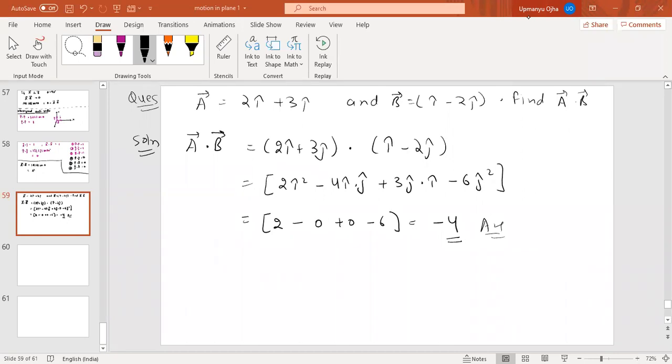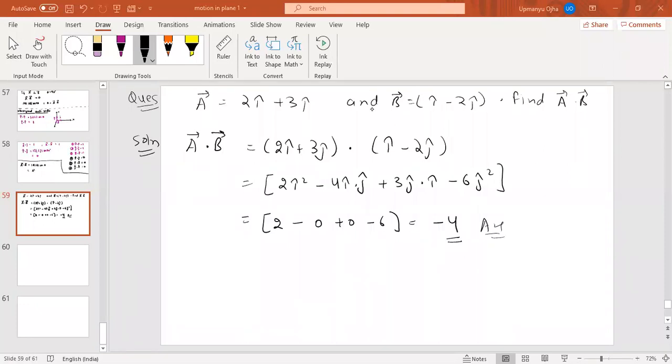Let me do one more problem here. For now, you understand the dot product, then I will tell you the cross product. That is the third method. How is the zero coming? See, i dot j is 0, because 4 into 0 will be 0, and j dot i will be 0. Whenever there is a dot product, you multiply i with i and j with j, because if you multiply i with j, that would automatically be 0.